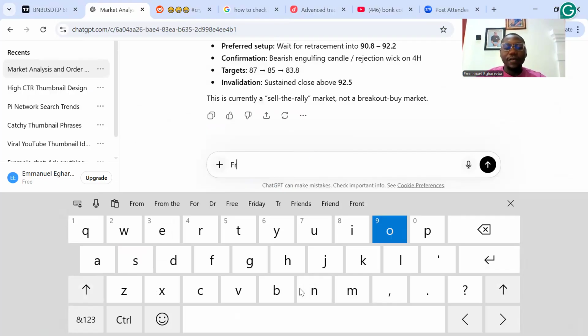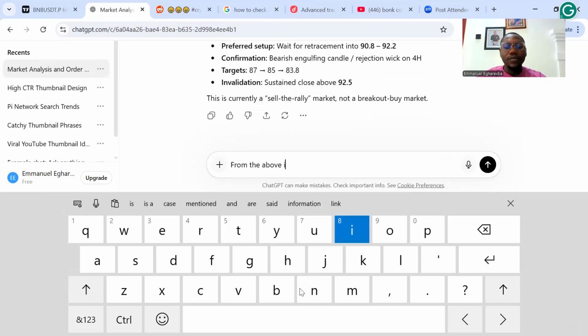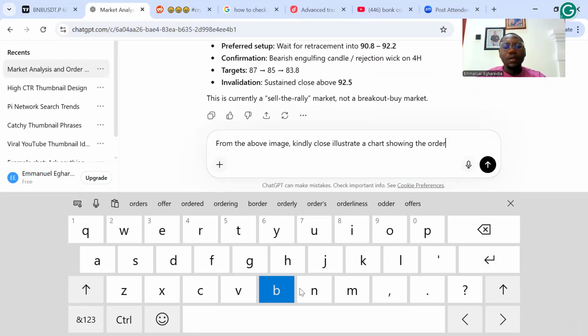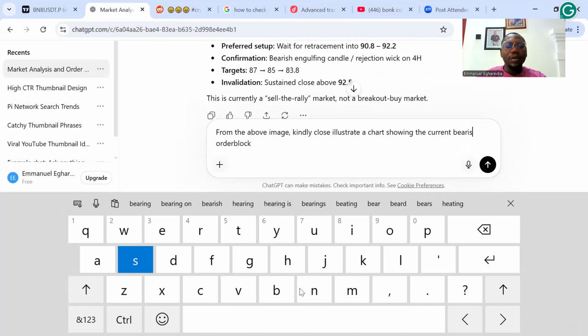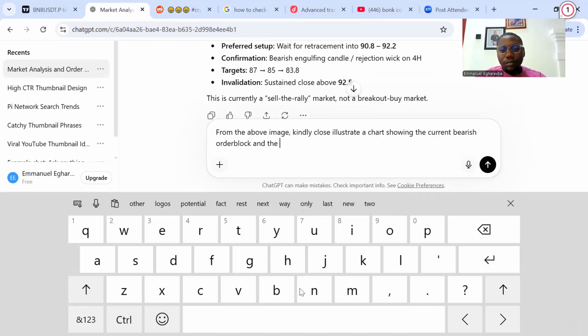From the above image, kindly clone and illustrate a chart showing order block, showing the current bearish order block and the possible area of a bullish